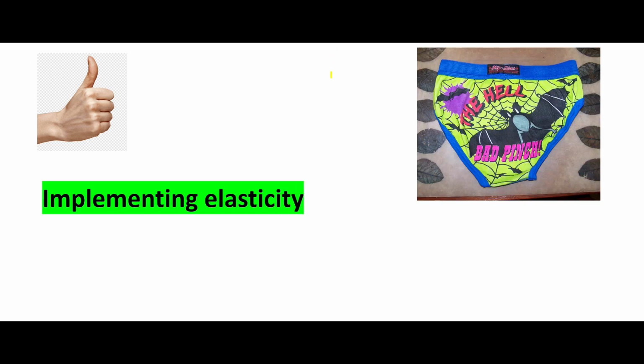And there is a cool picture of an underwear. The reason we are using this underwear picture is for elasticity. This is the best example of elasticity. You grow a bit fat because you are using an underwear for a year, suppose, and in that year you grow a bit fat, or you have lost weight as part of some gym regime. No problem, buddy. It is elastic. It can expand, it can contract.